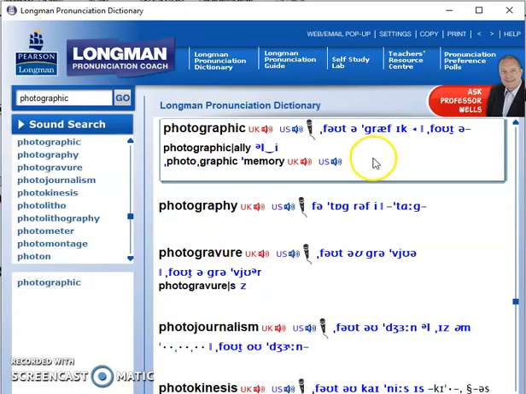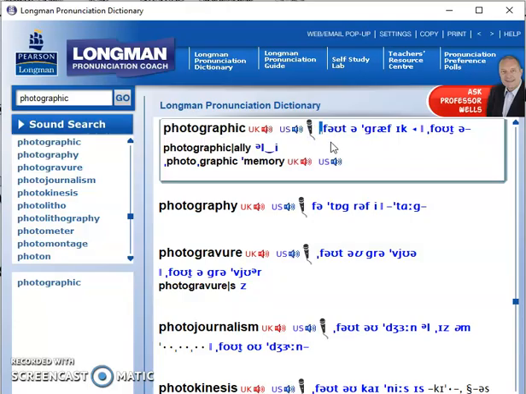Photographic. Okay, so as you can see, we have four different syllables. Photographic. Four different syllables. With a secondary stress, the stress mark that we see here